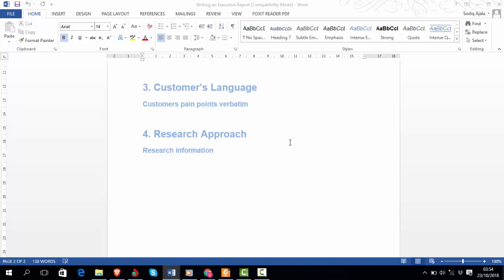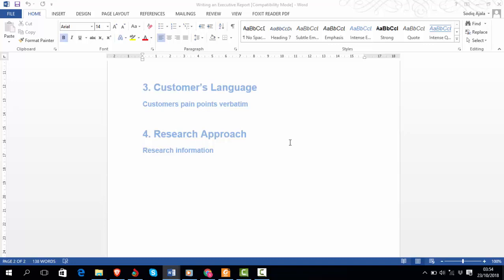And the last but not the least is the research approach. How do you go about the research? Did you conduct a focus group or an ethnography or an interview or a survey? How many hours does each survey take? From what day to what day did you actually do this? How is this being done? What does this take from you? So the researcher's approach is just for you to give the information that actually supports the total doings of your